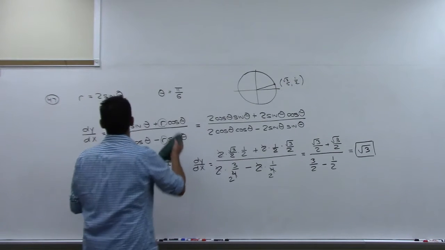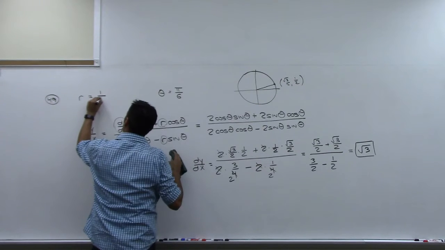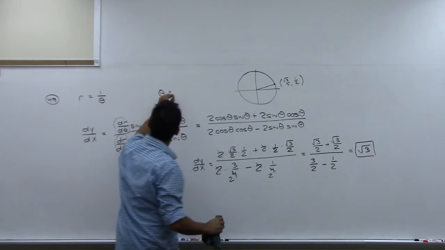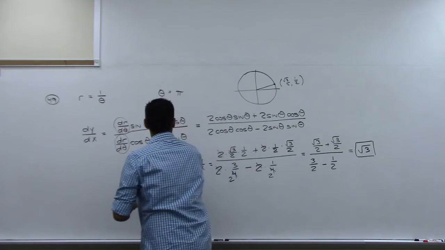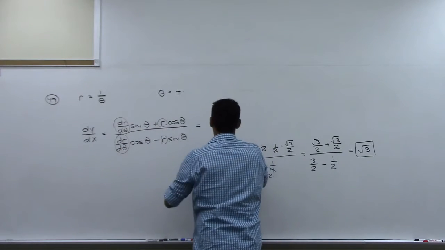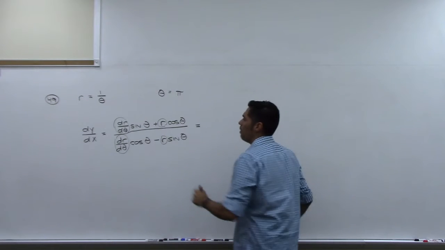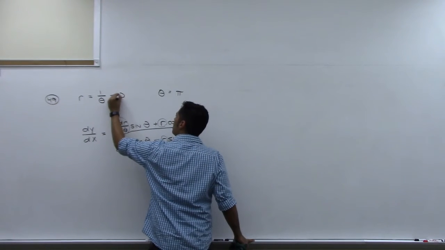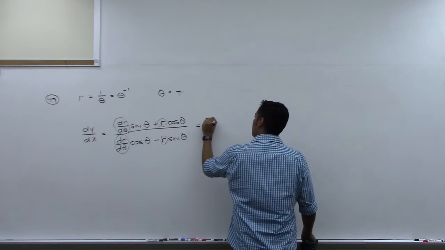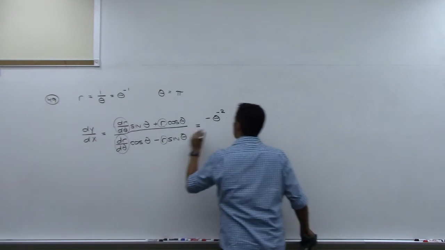49. Our function of theta is 1 over theta, and they want us to look at the point theta is pi. So we're going to use this same formula here. The only thing that's going to change are these derivatives and then what the r function is. So let's take the derivative of r with respect to theta. Remember, this is the same as theta to the -1. So we're going to do a power rule on that. We're going to get negative theta to the -2. That's our derivative of this, times sine theta,